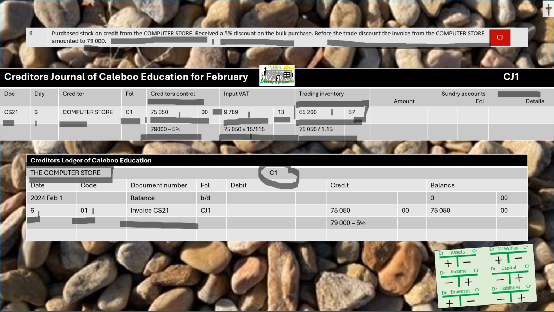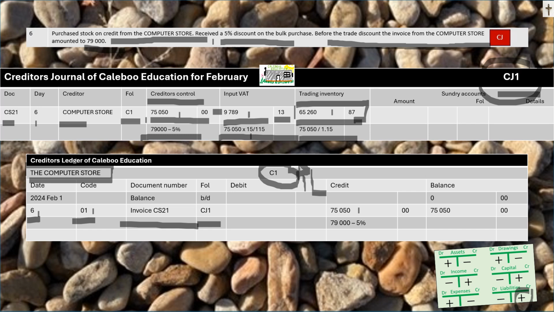Invoice and the invoice number. Where was the information obtained from? Creditor's journal, number 1. Now, very important, we owe the computer store more. I mentioned the computer store fits the definition of a current liability. An increase in liabilities, at the bottom of the slide, the account must get credited according to the rules. There's my error. Increase in liabilities, credit